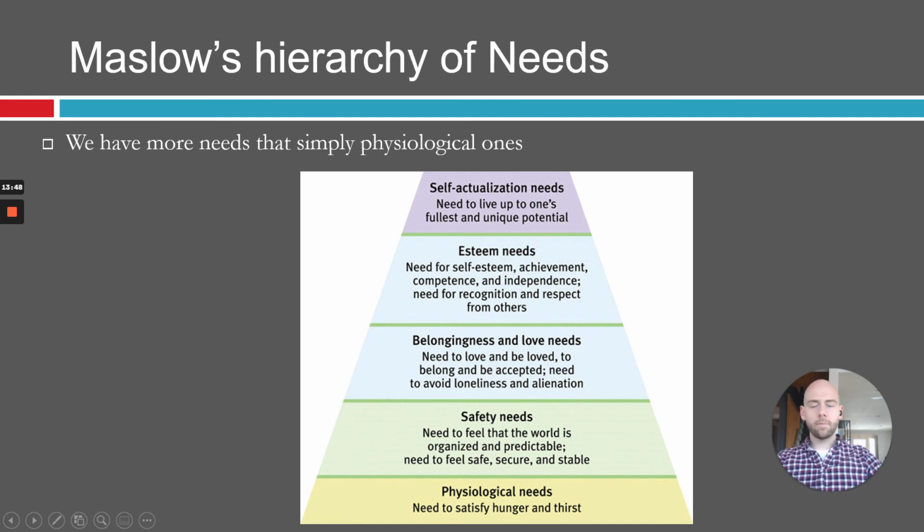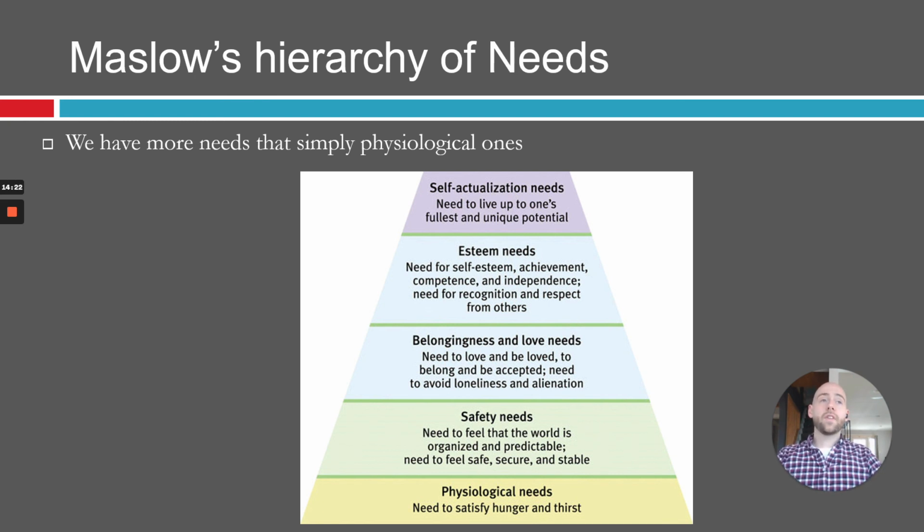But what Maslow suggested basically was that we go up through this hierarchy. First and foremost, you need to satisfy your physiological needs. You need to be physically satisfied. You need to have your hunger and thirst taken care of. You need to be able to continue functioning, have energy, et cetera, et cetera. Once you've taken care of that, you're able to think about safety. And this might be things like shelter,